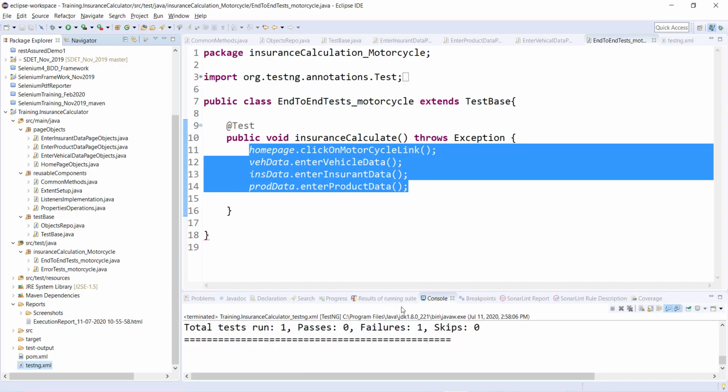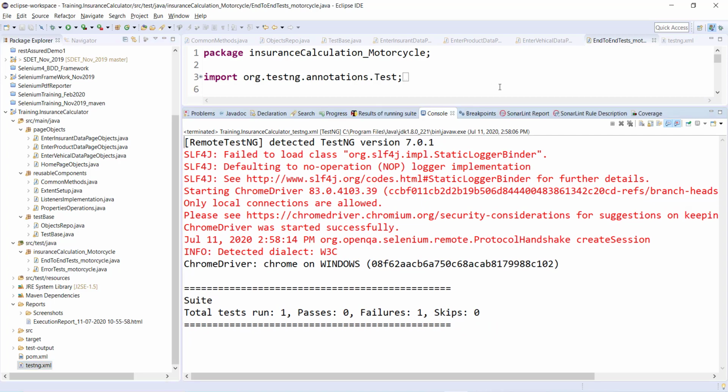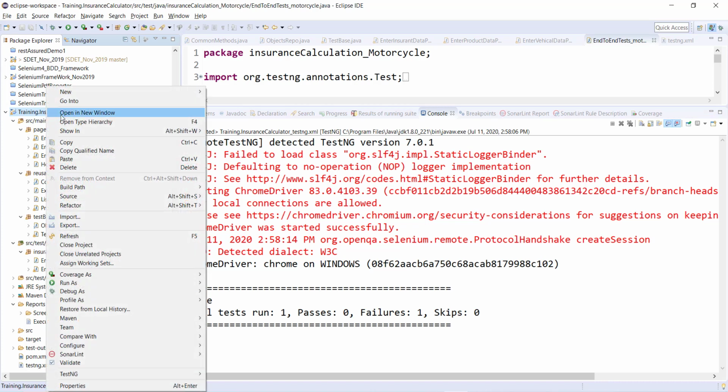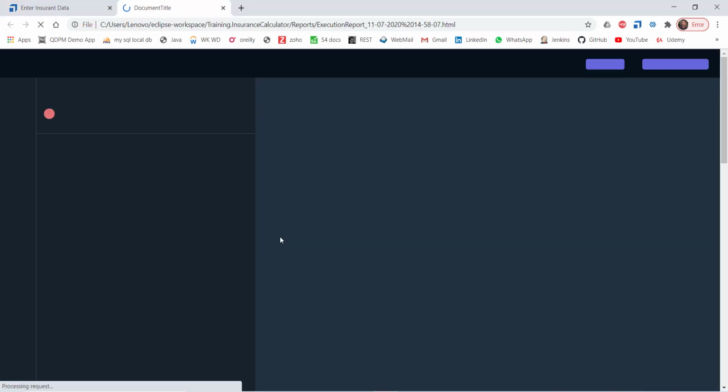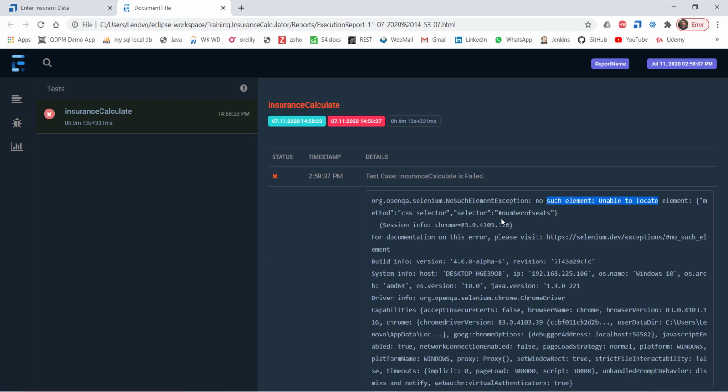Okay, it is failed, and let's analyze why it is failed. I should be able to see the result in my extent report as well. Let me refresh. Okay, and I see the exception, it says no such element, unable to locate the element with number of seats. Okay, hash number of seats, that means id number of seats is not found.